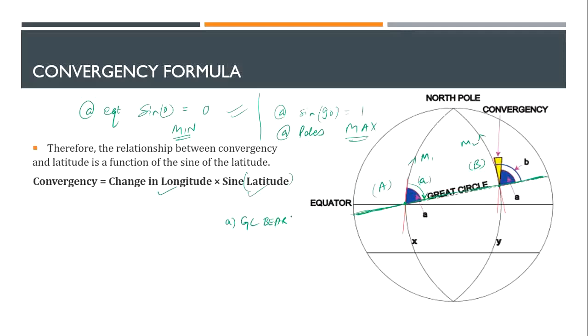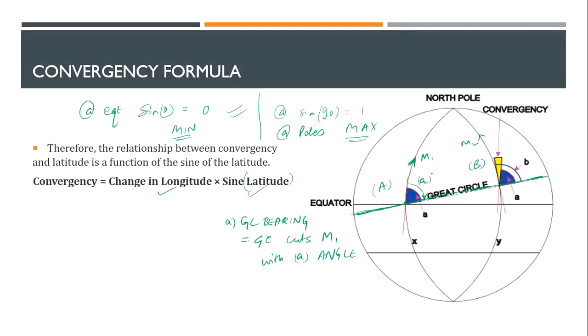Okay. So what that means is, if I wanted to fly on this great circle, I will cut my meridian number 1 at an angle of A. That is known as great circle bearing. So the great circle bearing: the great circle cuts meridian number 1 with A degrees, or angle. Okay, I'll write it for you guys.